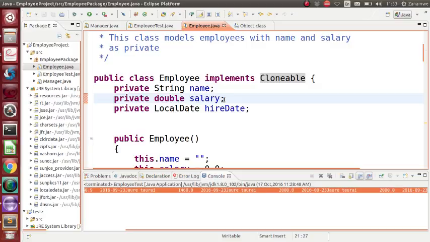So we have an object inside another object. In most cases, when you are using the clone method which is defined in the superclass Object, which we are saying contains a shallow copy, right? Since inside there we are having another object,